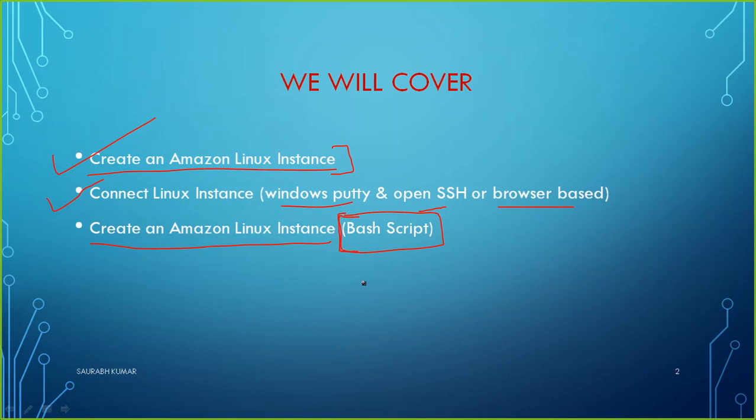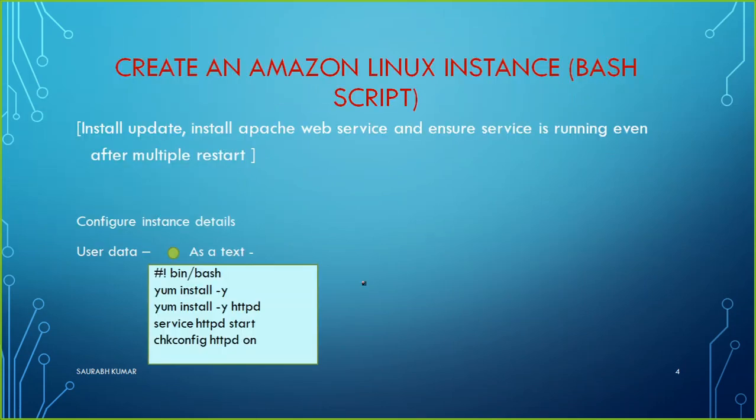Let me explain exactly what we are going to do. For example, if you want to create an Amazon Linux instance where your condition is that you want updates already installed. Maybe you want to create an instance and say that this instance will automatically update and have up-to-date updates. Then you want to maybe install a specific service there. For example, I have taken the example of Apache. Maybe you want to make that instance a web server. Plus maybe you want to also ensure some